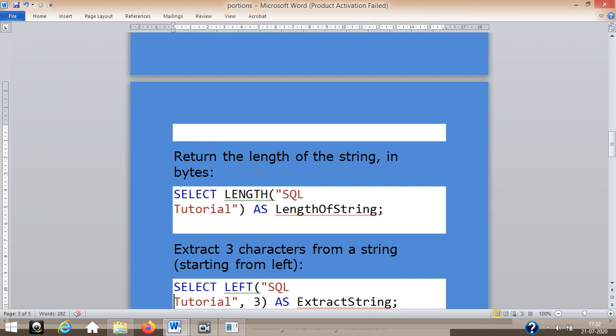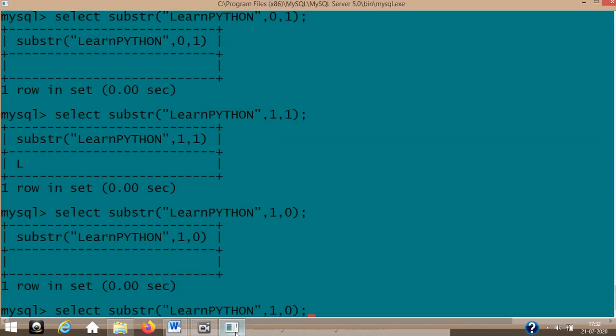First, you know very clearly what LENGTH is, because we have seen in Python also what length is. It returns the length of the string. LEFT actually has 2 arguments. It extracts 3 characters, because I'm given 3 here, from the string starting from the left. Let's see. Here, instead of this, I have to just change a little bit. And if you give LENGTH in capital or small letters, no problem, 11.